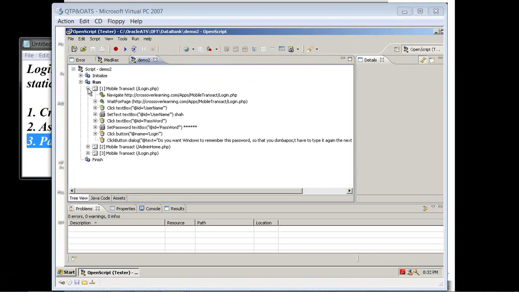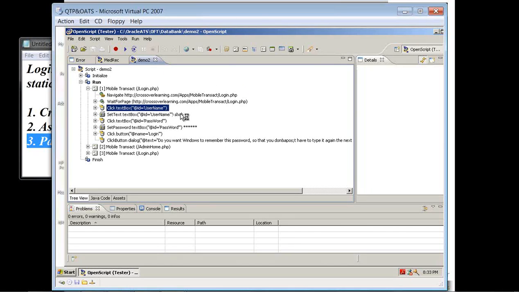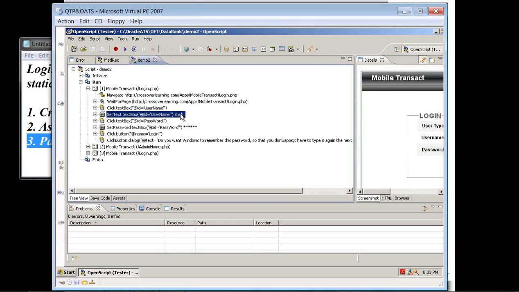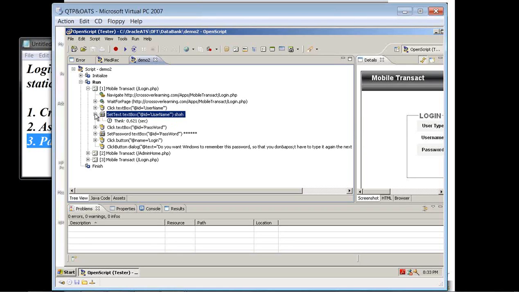There is some application where I have something called the username, and you can also see the value here. I have entered some value over there, and let us see how to parameterize that. You can see the set text box. Forget about the script. What is this application? If you had followed the video, or if you can quickly go back to the day 2 video, we had discussed one application called Mobile Transact. I also told that this would be the project for us to get the hands on. So let's see how to do this.